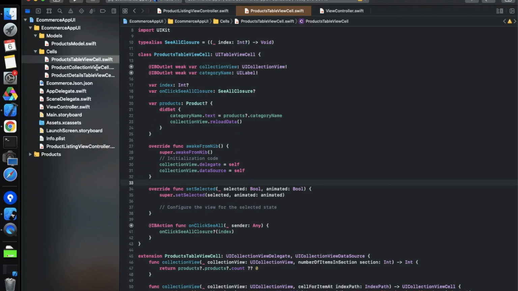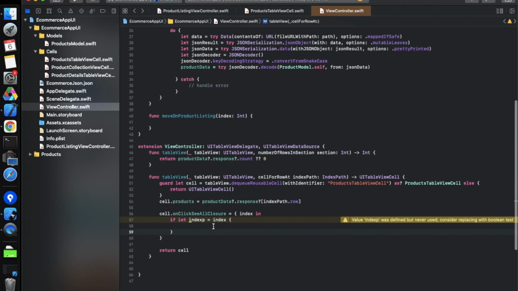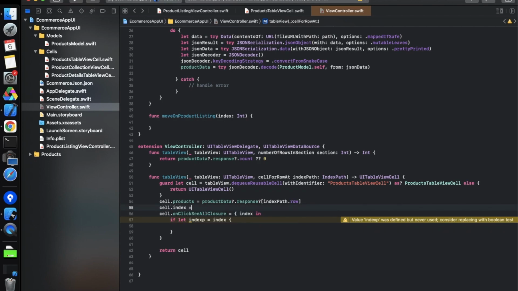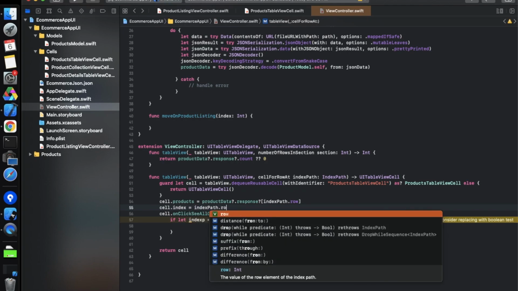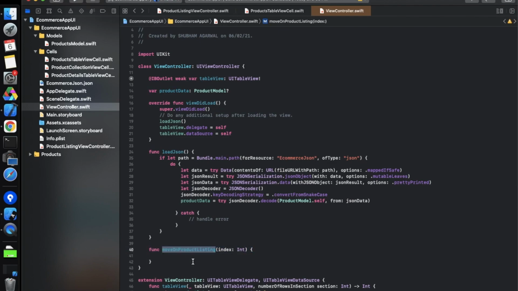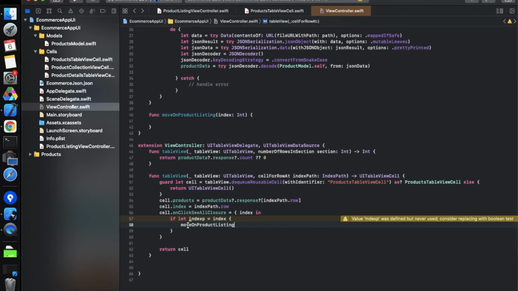So we have to typecast this thing so that if nil is there, the application is not going to crash. These are safety purposes. Whenever we have to pass optional values, we have to do optional chaining so that it will not crash. And we also need to pass the index, cell dot index equals indexPath dot row, like this. Now we have to call this method moveOnProductListing. So over here we will get the